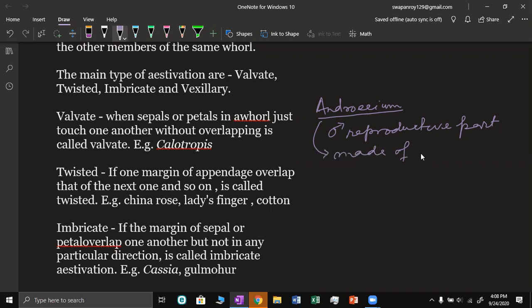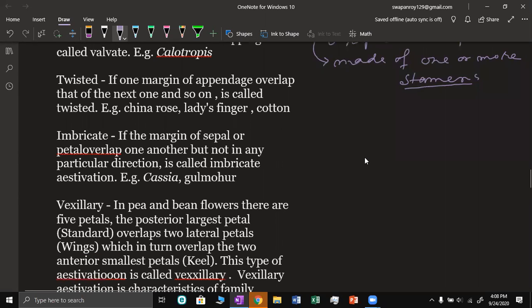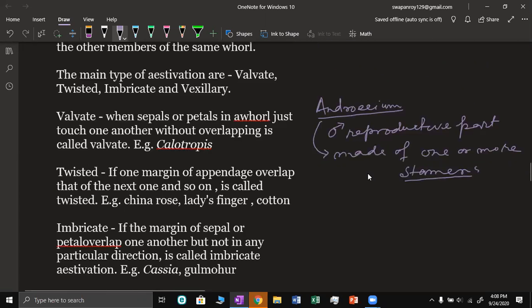made of one or more stamens. Okay, that is we can say the unit of the androecium is called a stamen, and each stamen is made of a portion which has one stalk,